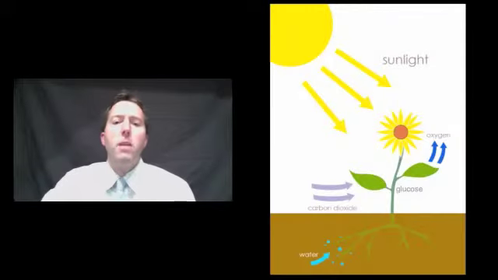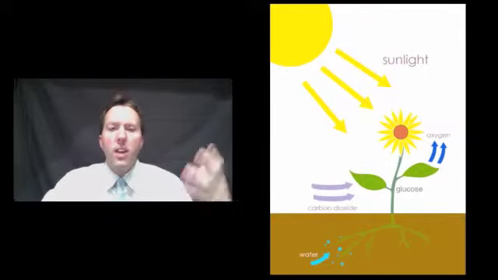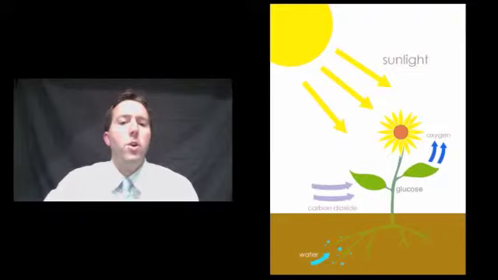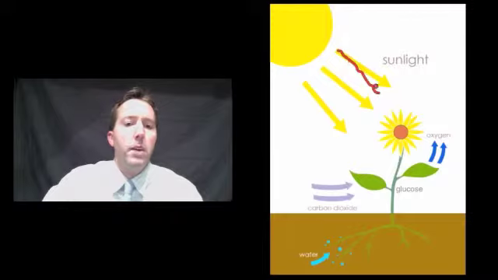Now, if we think about a plant, well, a plant's a living thing, and all living things need some form of nutrition, so some sort of food. So how does a plant get food? Well, what happens is a plant converts the energy from the sun. Sunlight beams down on a